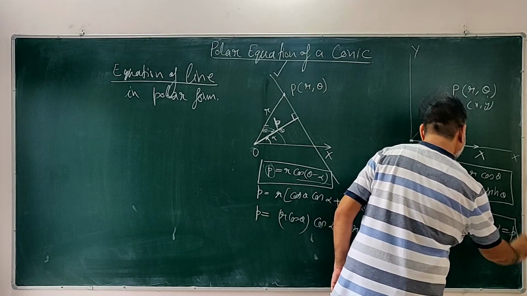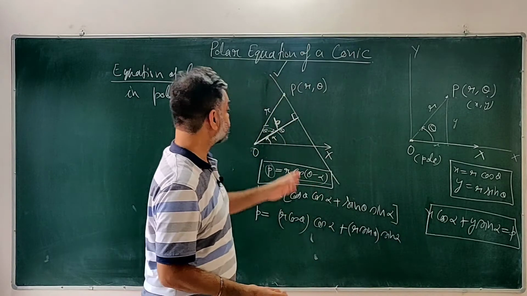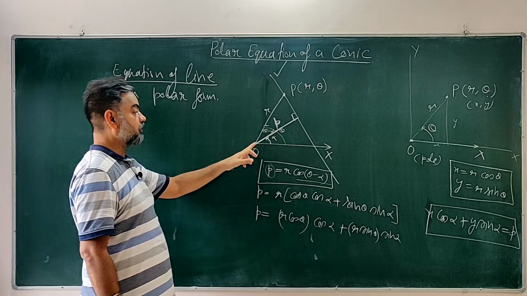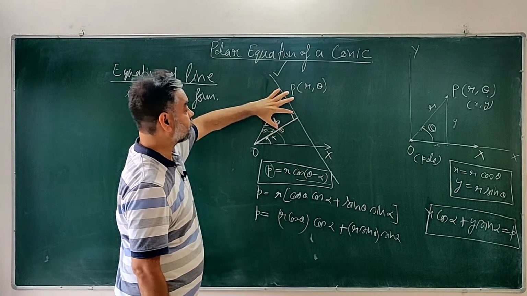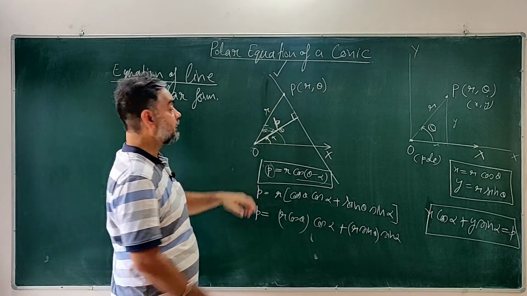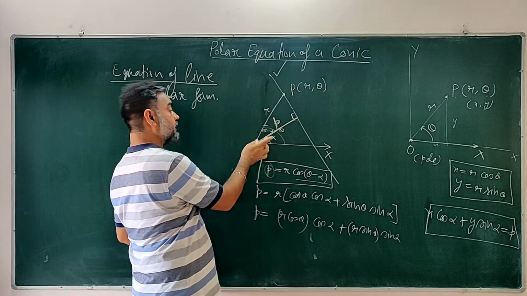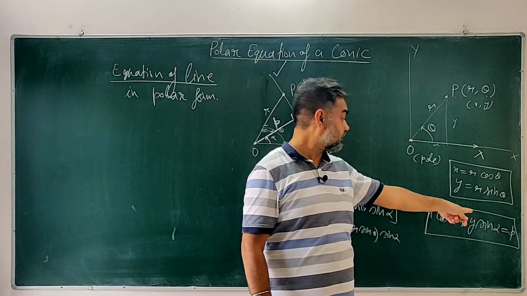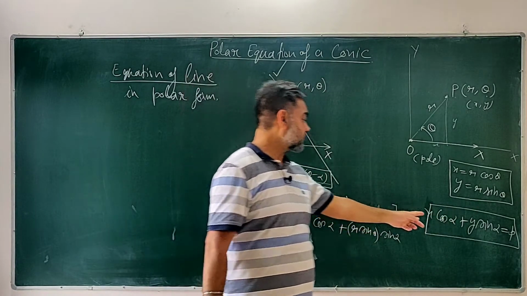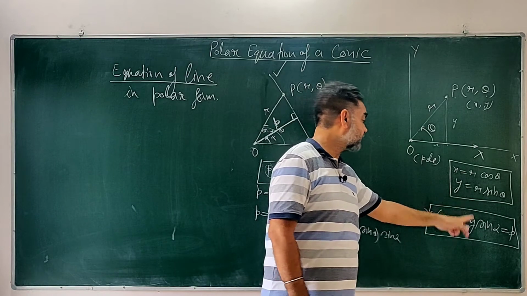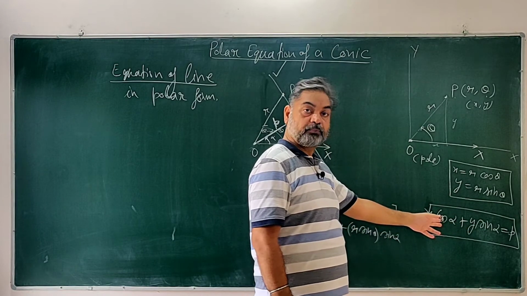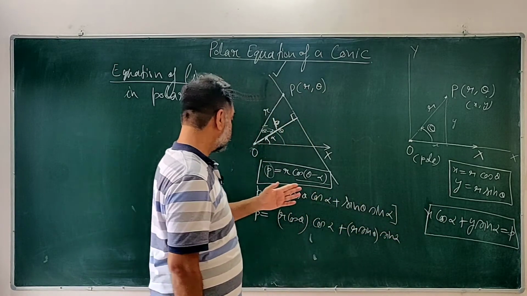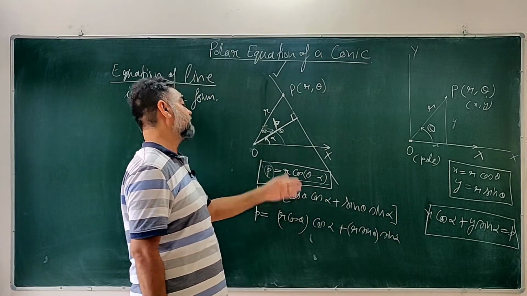is equal to p. And you very well know that in the Cartesian form, if you have a straight line such that the perpendicular distance of the straight line from the origin is p, small p, and this perpendicular makes an angle alpha with the x axis, then the equation of that straight line is x cos alpha plus y sin alpha is equal to p. So in this equation, if you put x is equal to r cos theta and y is equal to r sin theta, you get this equation.